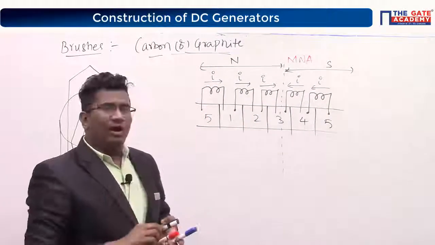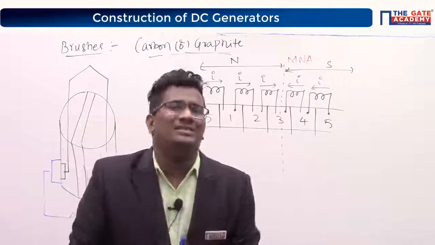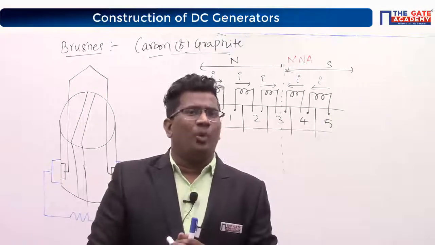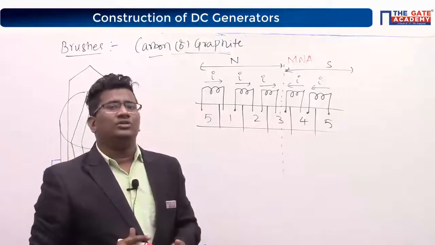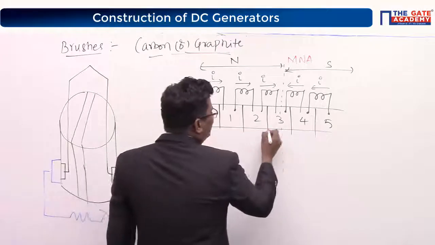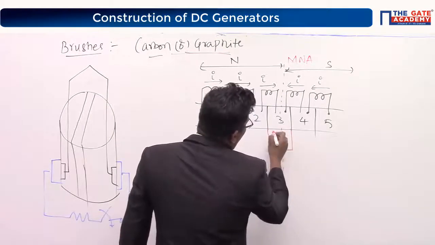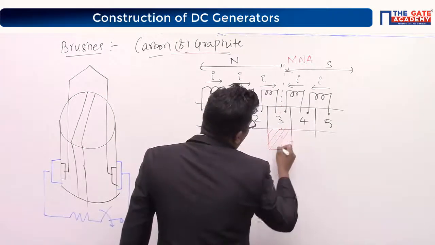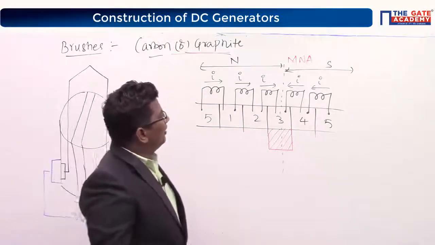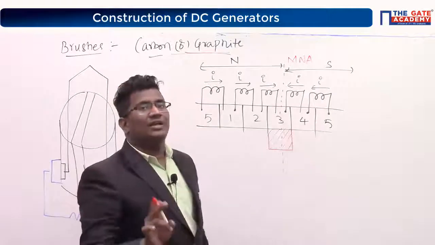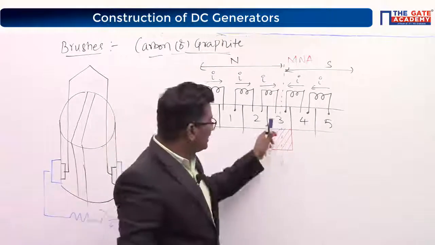Okay? Now along the MNA axis, what is the voltage? Tell me. MNA means no pole effect. Will no pole effect produce any voltage? No pole effect produces zero voltage. Your commutator is a metallic device, your brush is also a metallic device. I will keep the brush on the commutator itself. Along the MNA axis, 0 volts, two metallic conductors are short circuited.